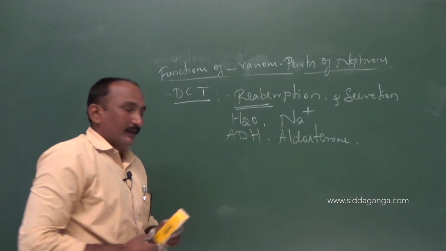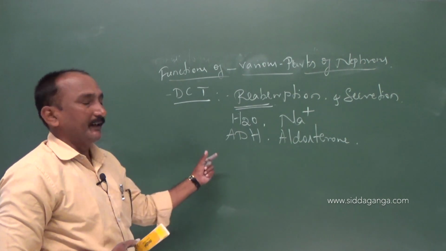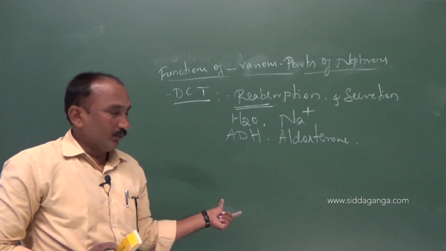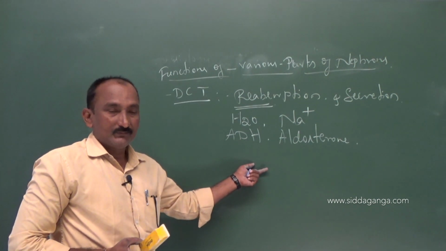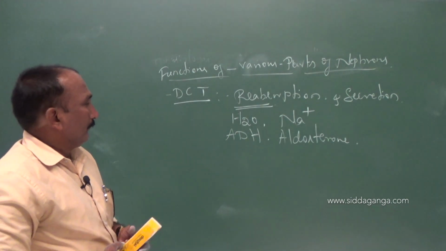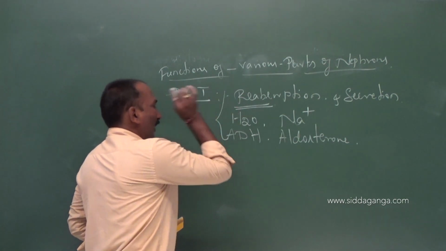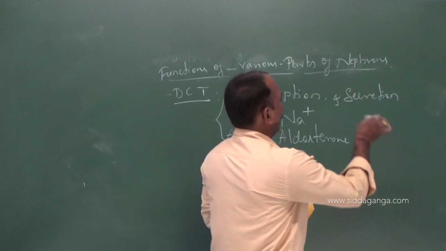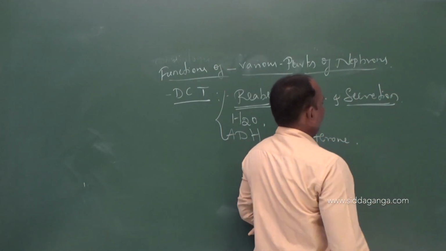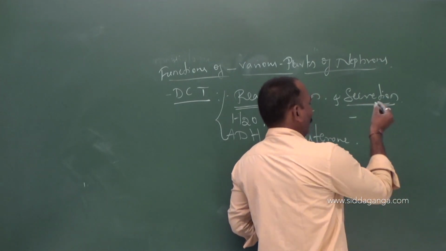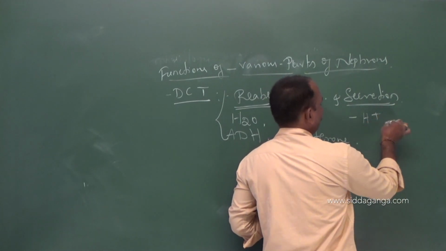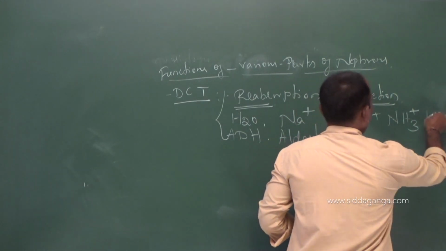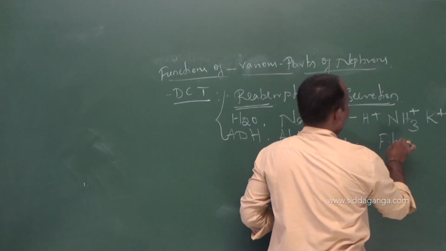Remember, the water reabsorbing hormone is the antidiuretic hormone. The sodium reabsorbing hormone is aldosterone. So both of these hormones are involved in the reabsorption of water and sodium, while the secretion of the distal convoluted tubule is mainly selective secretion of H plus as well as ammonia and K plus ions into the filtrate.